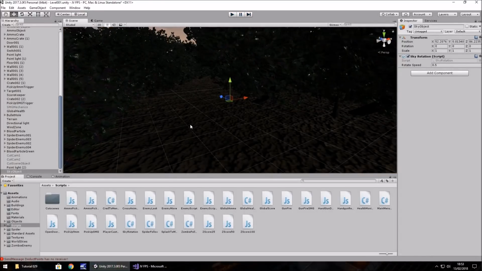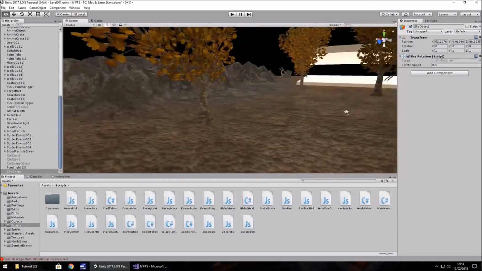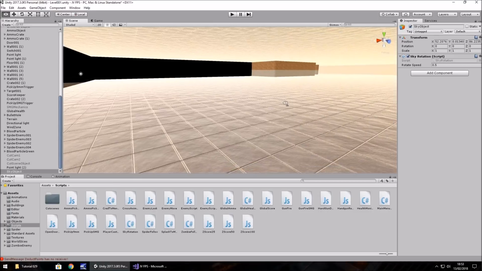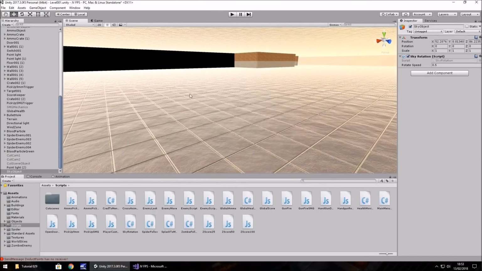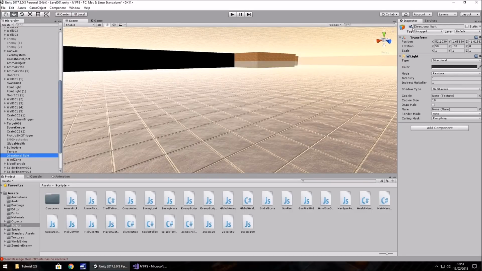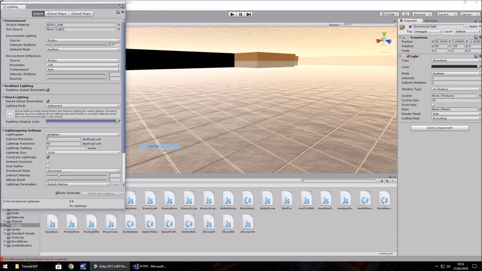So I think at times, depending on your lighting, a skybox can make or break how it looks. You may need to play around with the lighting. A good example of what I mean by that is if we turn the camera around and have a look at this here. It just looks a little bit out of character for what we're doing. So even if we went to directional light and turned it off, it would still not have too much of an impact. If we go to window, go to lighting, go to settings, it still may not have the impact